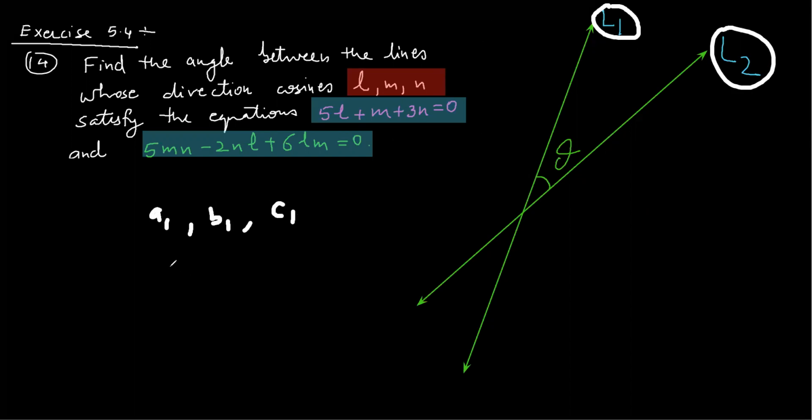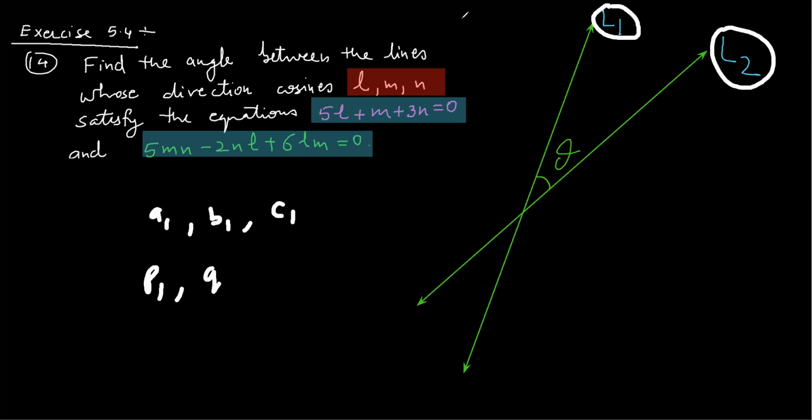Then LMN for L2 will be P1, Q1, R1, like this. Okay, they will not be the same. I hope this is clear to you. They will be two different values. But one thing is very clearly said, that this LMN